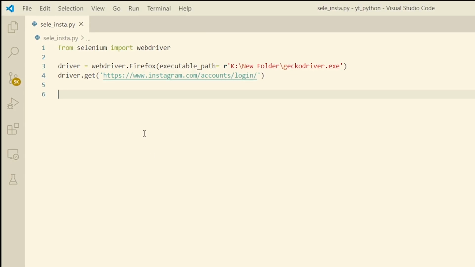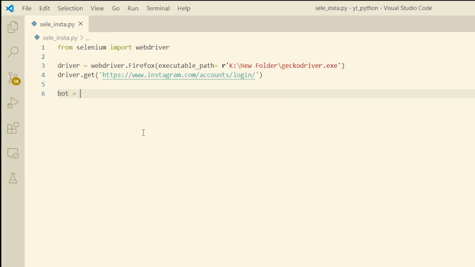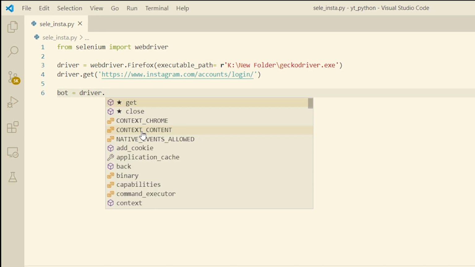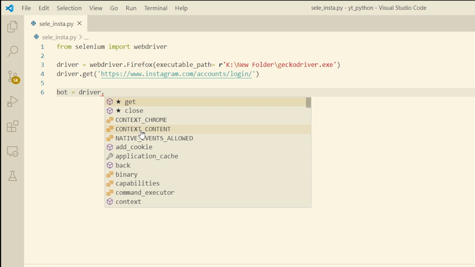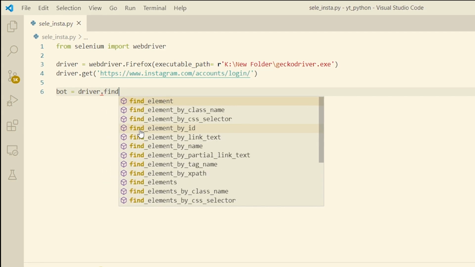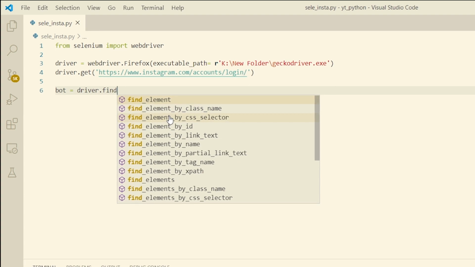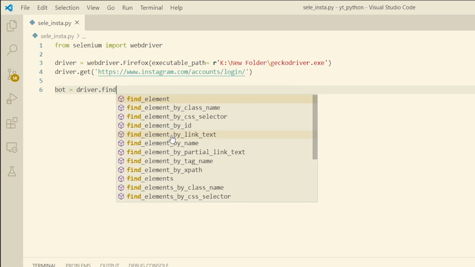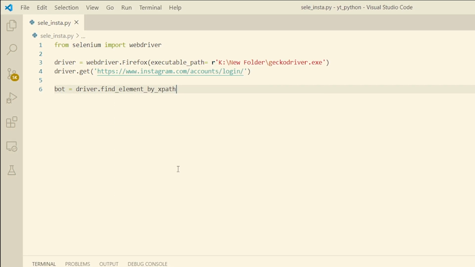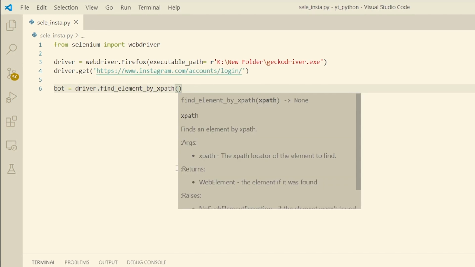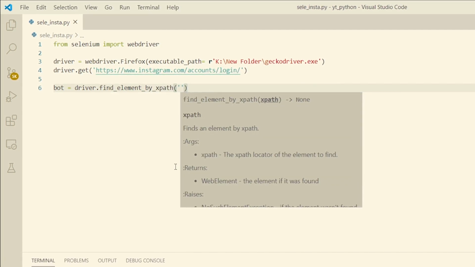Now we will make another variable, bot is equal to driver dot find. Here there are so many options, like find element by class name, CSS selector, ID, link text, name. But here we are going to do it by XPath, and paste here what you have copied.